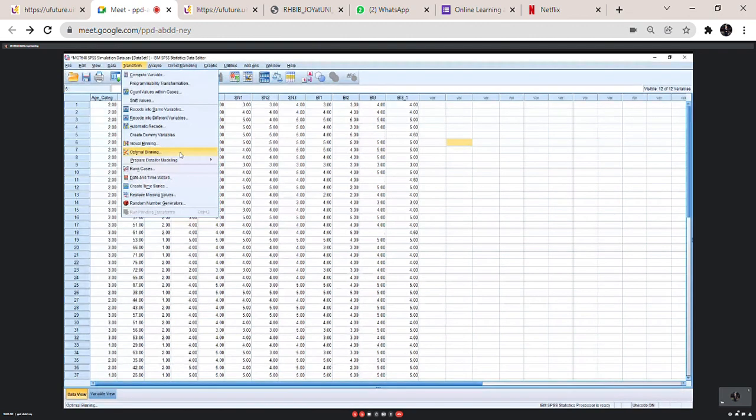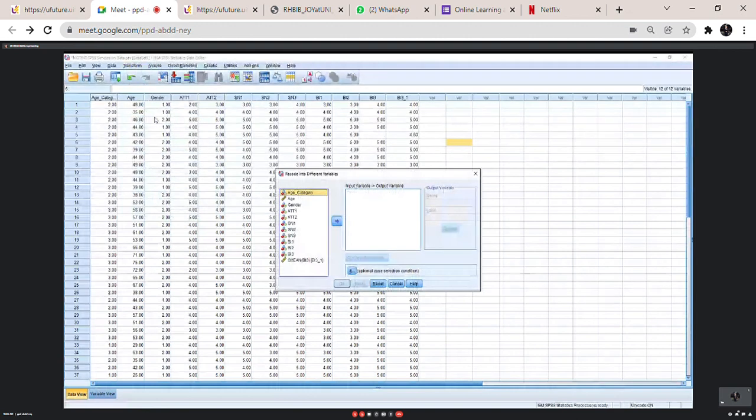So if you recode into the same variable, so you akan dapati perubahan akan dibuat pada kolom yang you ubah. Tapi kalau you recode into different variables, so you akan dapat pada kolom yang baru. So now I'm going to show you. Contoh saya akan rekodekan BI2. Okay. So I'm going to recode into different variables. Alright. So BI2. Okay. So I need to actually name it. Okay. Name that one. Okay. So the label. So saya akan letak